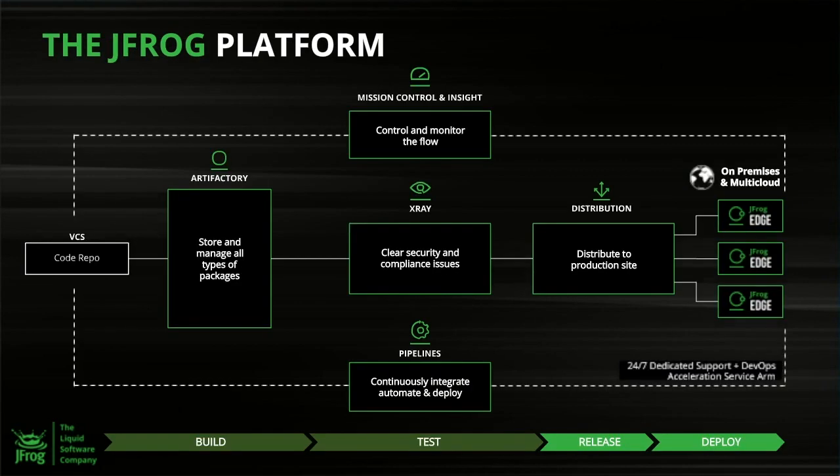All right, so let's take a high-level overview of the JFrog platform. If you look at the left-hand side, you have your code repo. It can be either GitHub, Bitbucket, or whatever source control vendor that you have there. And then Artifactory manages the binaries created from the build. So it hosts those binaries in repositories, which can have